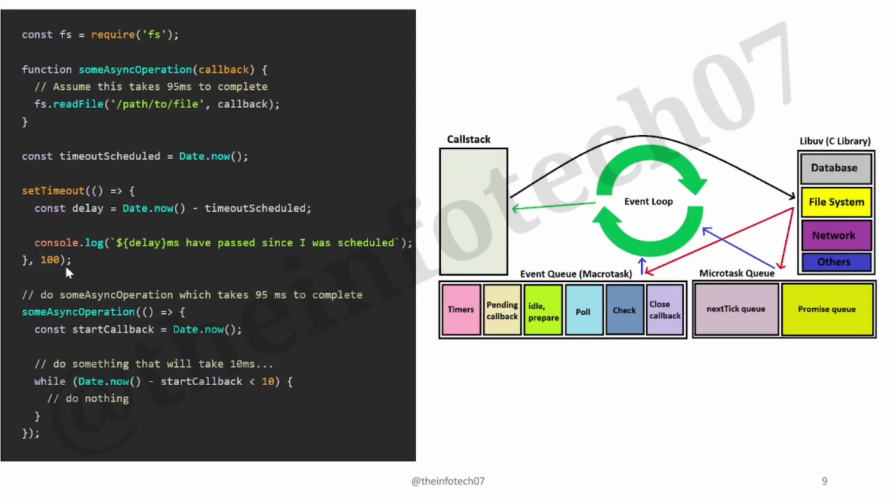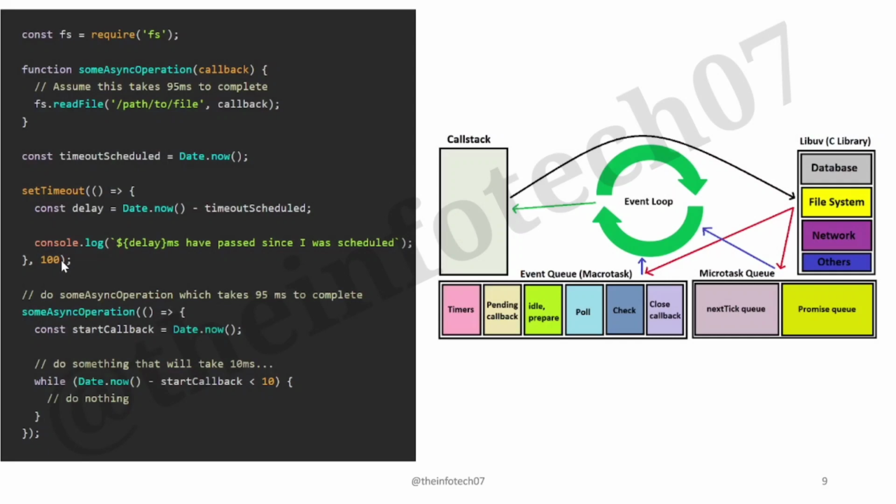Next I'm calling the some async operation function, which I declared above, and passing a callback. Inside this callback I have declared another variable, start callback, and assigned the current date time. When this function is called, it will start reading a file, which takes 95 milliseconds. The setTimeout callback is registered